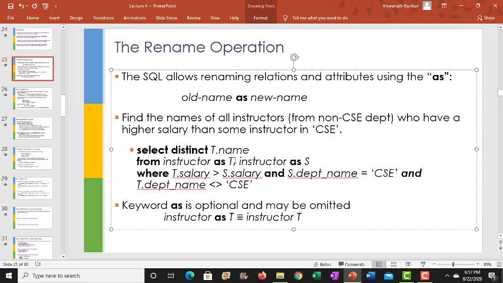Now you do that cross product join which I was talking about, and then an instructor from this copy T, if his or her salary is less than or at best equal to all the salaries in the computer science department, that tuple will not pass through this where clause. All the other tuples will pass through, and for those tuples, you select the name column, and